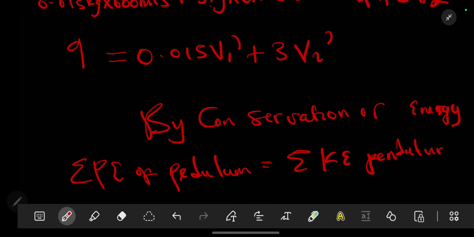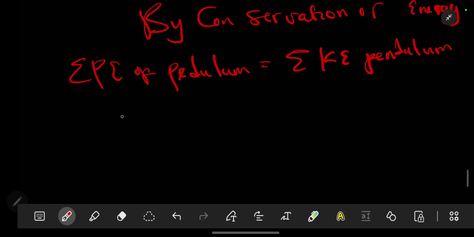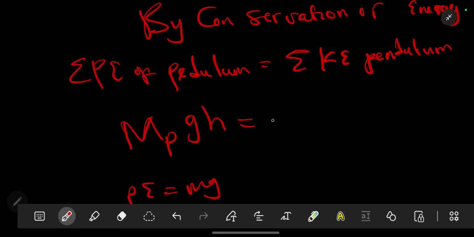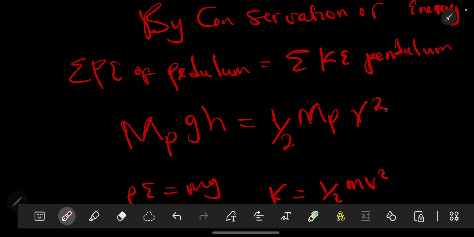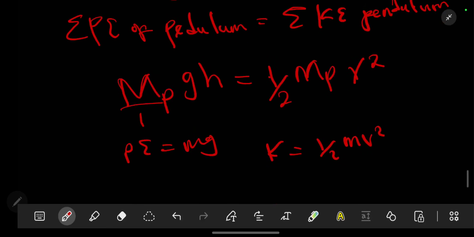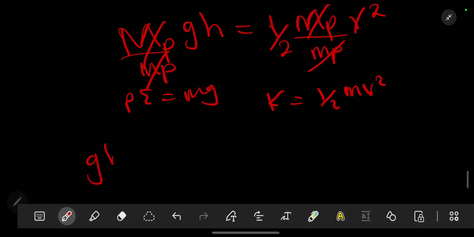If they were together, we would have had the composite mass. So in this case, it will be the mass of the pendulum times the gravity times height, because we know potential energy is equal to mgh, should be equal to half the mass of the pendulum times the velocity of the pendulum squared, since kinetic energy is half mv squared. So we divide by mp, so that we have gh equal to half v squared, where this velocity is the